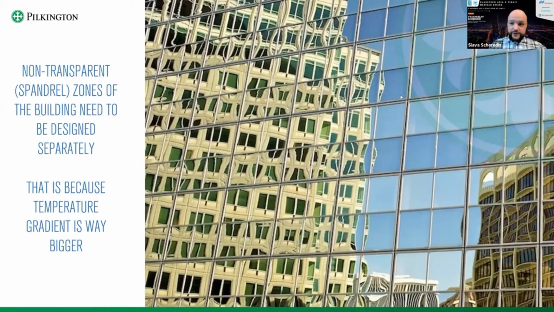Here, you see that the facade is made of exactly the same IG units of exactly the same size, but here we have a transparent zone, and in between we have a non-transparent zone. Again, the combination and size of the IG unit are the same, but visually the non-transparent part is looking much